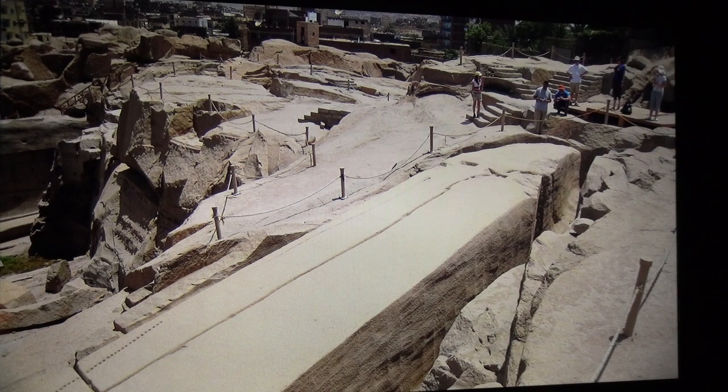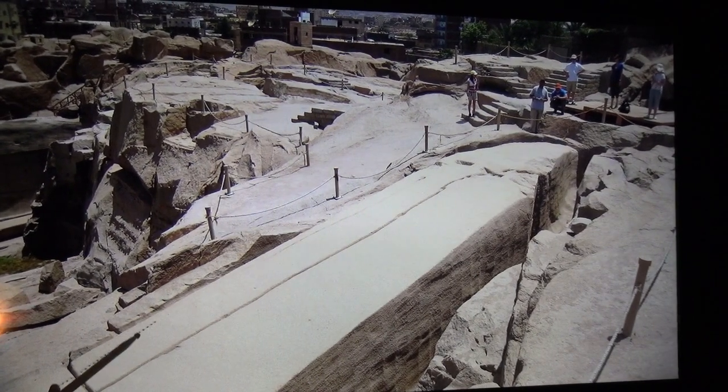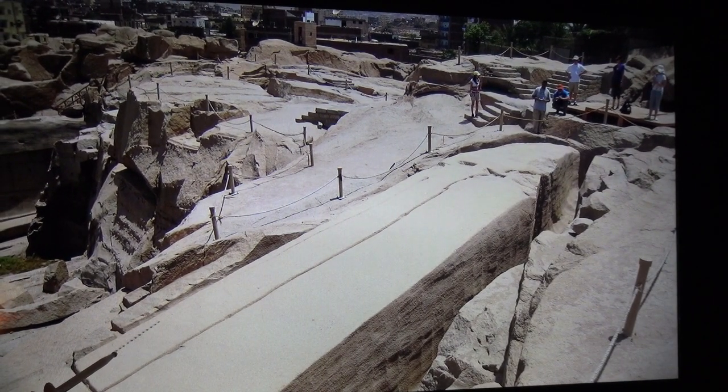Another picture of it here. Here's the holes, and I hope you can see the holes here. Can you see the holes? Yeah, you can see the holes. They're right here. I mean, they're pretty accurate, and obviously we lose a hole in the crack here in the cut, so it's kind of 1, 2, 3,